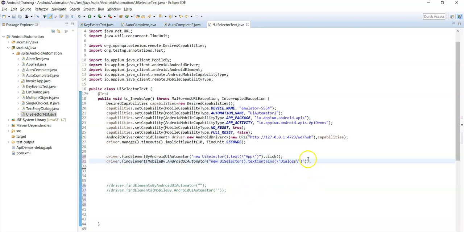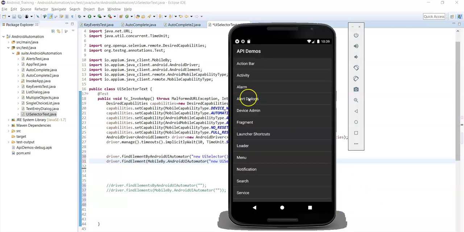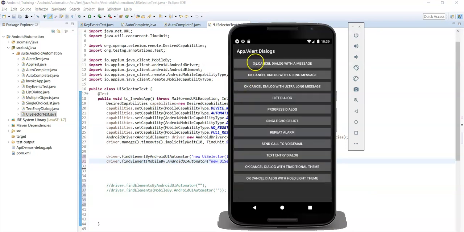And then click on alert dialogues. Now after clicking alert dialogues, let's click on the first button, OK cancel dialog with a message. So here the text attribute value is the same, right?